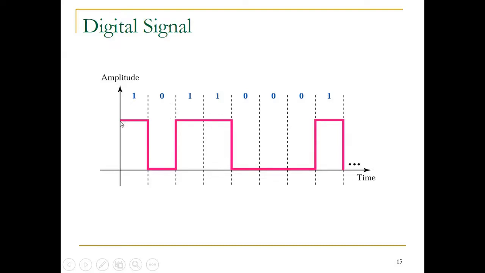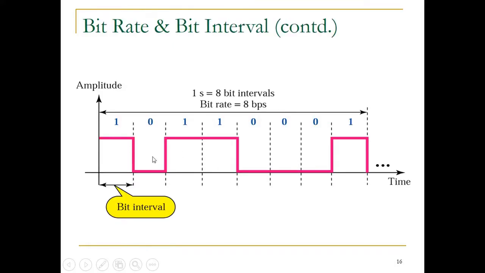So in this case, the time for this one bit to change its state to the next bit, which is zero, will be considered the bit duration. So there you go. The time it takes for this bit to transition or change state based on the next bit in sequence will be considered the bit interval,